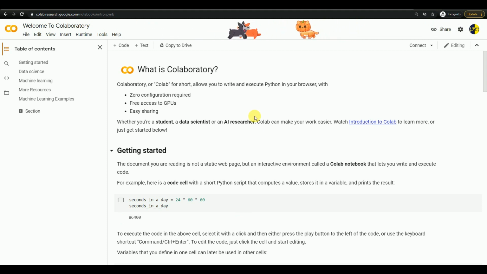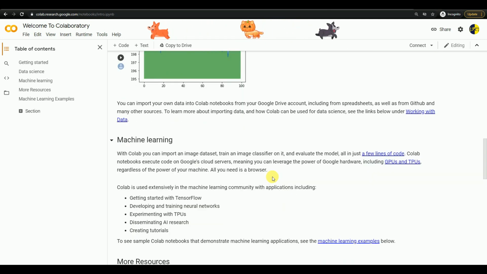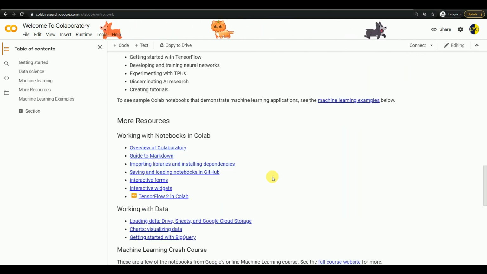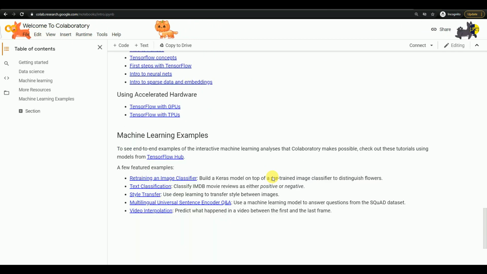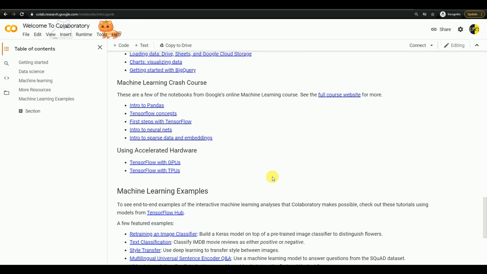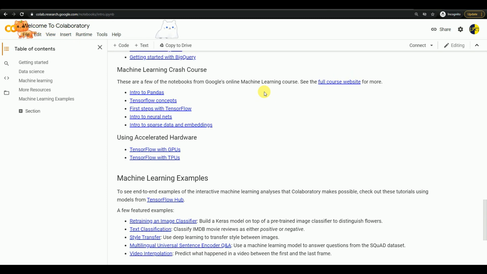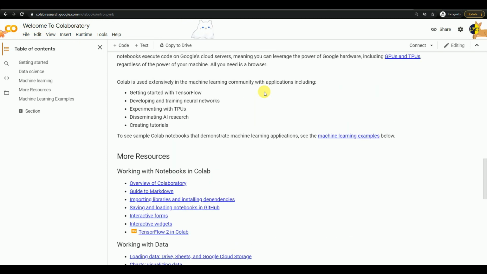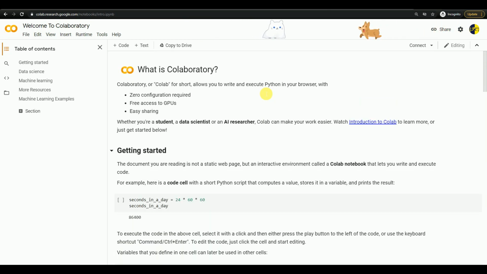This is basically a documentation to show you what all you can do in Google Colab. After watching this video, you probably won't have to look at this documentation, but it is very in-depth. So in case you get stuck somewhere, you can always come here, or the better way is to simply search in Google, and you will get your result.